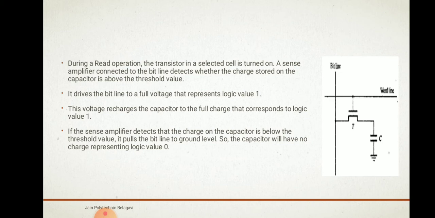If it is above the threshold value, it will pull the bit line to logic value 1. But if the charge on the capacitor is below the threshold value, it will pull the bit line to ground level, that is 0. So the capacitor will have no charge, representing logic value 0.